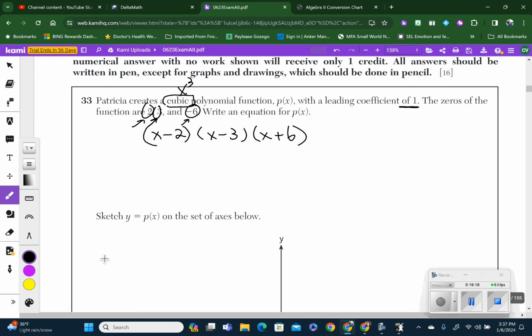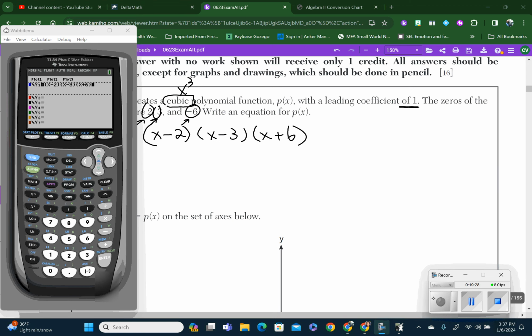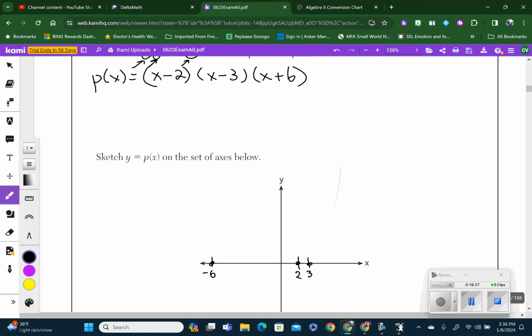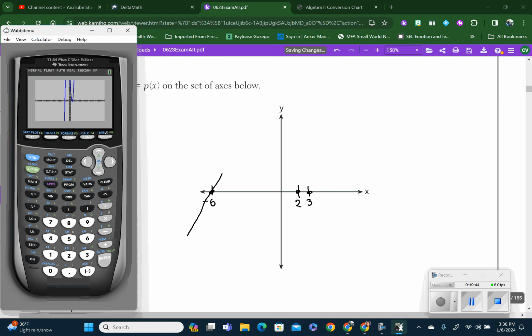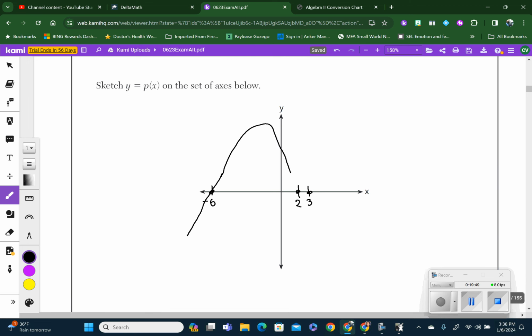So here is my function. P of x is equal to this function. Okay, so now I plugged it into my y equals, and this gives me something that I can graph. So I can hit graph right here. It's already kind of zoomed out, but I can see very clearly, right? So I have something that looks like, right? It goes through 6, -6, my bad. It comes down like this, touches +2,